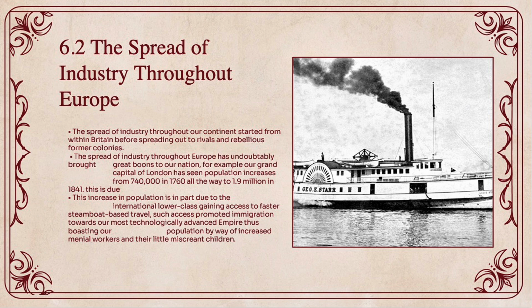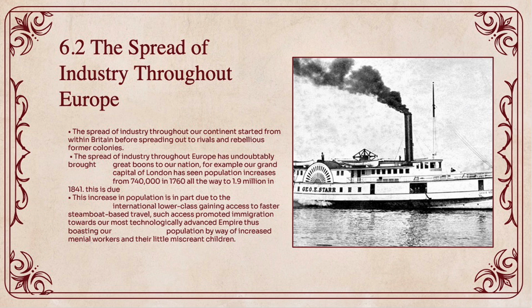For example, in this era, the capital city of London saw population increases from 740,000 all the way to 1.9 million in approximately 81 years. In addition, going back to the previous point, the lower classes were finally able to gain some mobility due to the invention and development of steamboats. This mostly led to immigration into England due to their massive amount of factories brought on by being the first